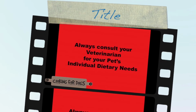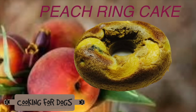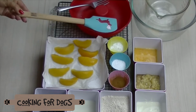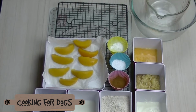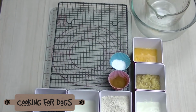Today we're going to make our pups this delicious peach upside down ring cake. Tools and ingredients: we have our electric blender, we have cooking spray, a spatula, a fork and our silicone ring cake mould. We also have sliced peaches, baking powder, baking soda, cinnamon,